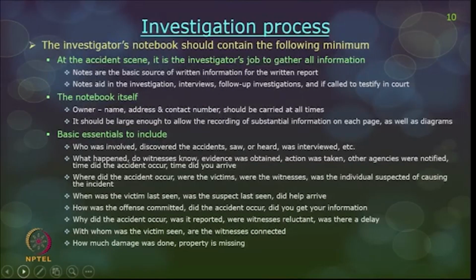And the notebook should also have important contact numbers to contact people who want to have more information and more data. And also basic essentials should be like who was involved, who saw the accident first, who reported the accident, and who was interviewed, and so on, what happened at the scene site, and what do witnesses know, what evidence was obtained, what action was taken, and what agencies were all notified, what time did the accident occur, and what